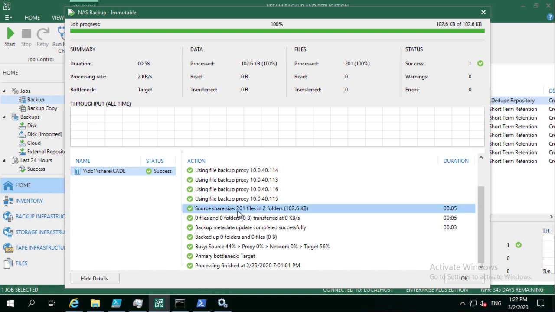We can see that the source share size is 201 files. You can see that it's taking less than a minute. We can see that there's no changes. We're not having to change anything because nothing is incremental at that point. But if we went all the way back, and that would take quite some time because this has been running for a long time, you'll see that first backup would have taken a little bit longer because it's having to work and go through the whole full file set. But then the incremental is the key part to this, and our key differentiator when it comes to our